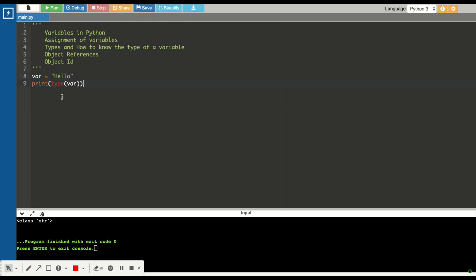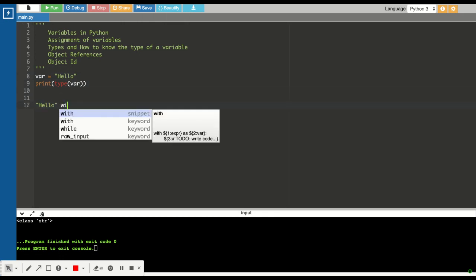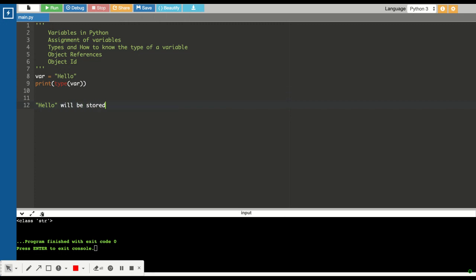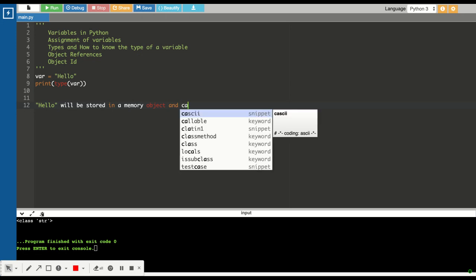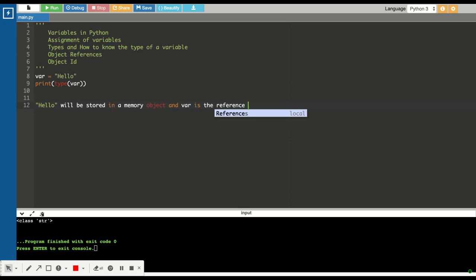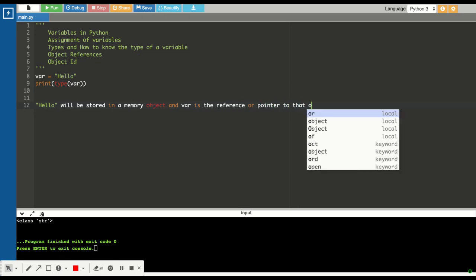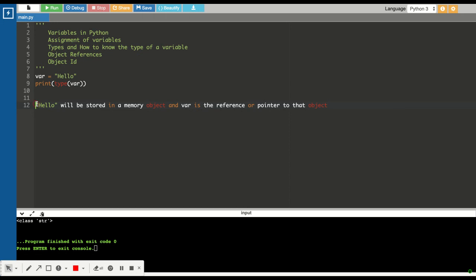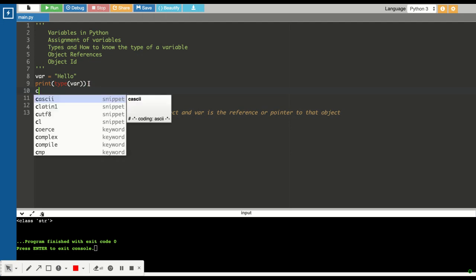Okay, so let me write it. Hello will be stored in a memory object, and var is the reference or the pointer, as we say in C, to that object. That is why it is really easy to change the value of var.